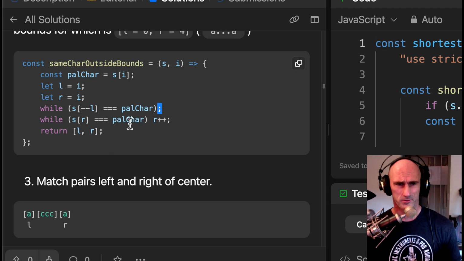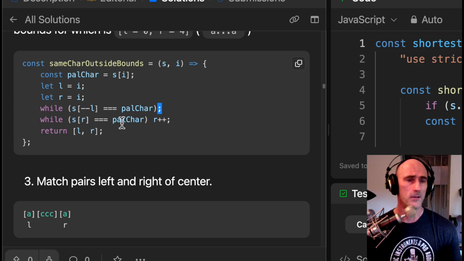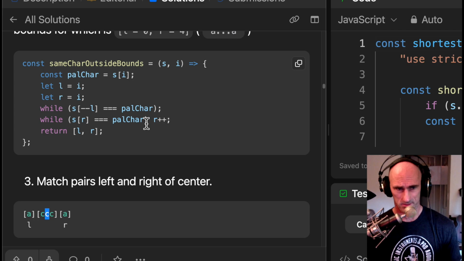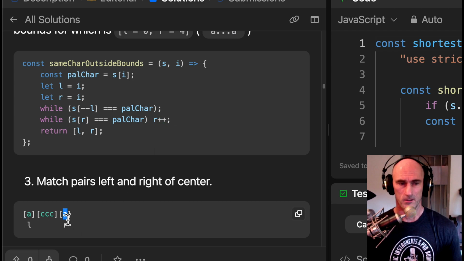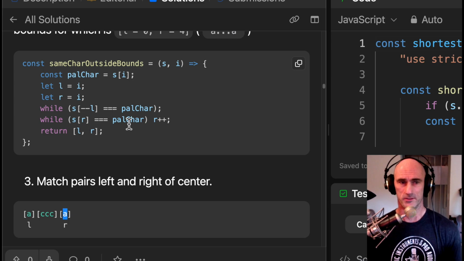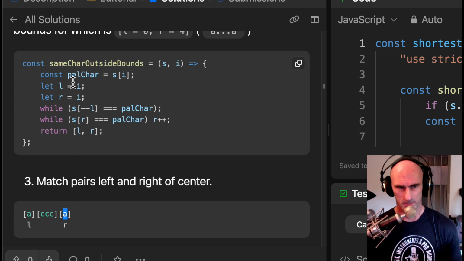And then we do the similar sort of thing with R. R is 2. It's the same character. We increment R in the body of the loop. That's S at index 3 is the same as palchar. We increment R again. Now R is 4. S at index 4 is A, not equal to C. Palchar is C. We started out I as 2. So then we're going to return 0 and 4